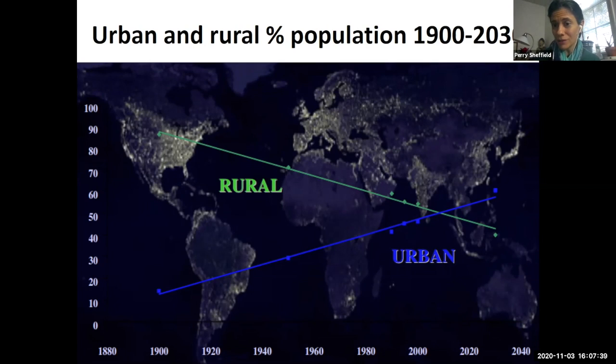Certainly when we're in denser populations, the idea of infections, as we know well during this COVID time, can be more paramount. On the other hand, certainly pollution and certain types of environmental exposures can be more concentrated, but it also gives really exciting opportunities for interventions, because we know that the built environment becomes even more prominent in determining our health, our lifestyles and our health status. And so there's some very cool built environment interventions that are in the works that are transforming how people live in cities.